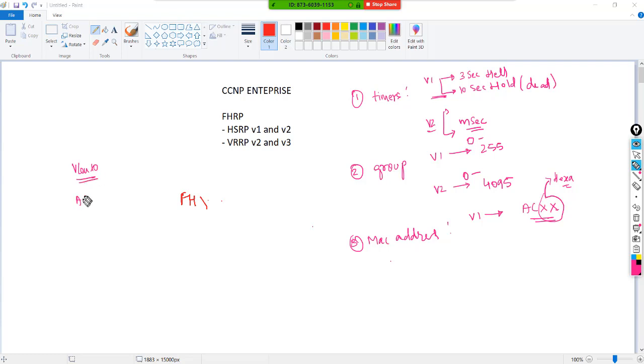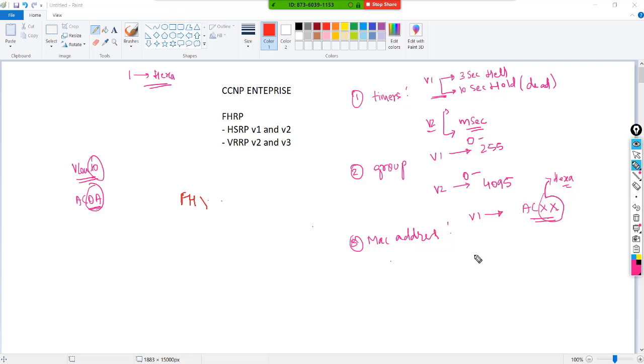It's going to be AC0A. Why did I get 0A? The reason is, if you just convert decimal to hexa, your values are going to get converted to hexa and stored in your MAC address. So that's how the MAC address is calculated.